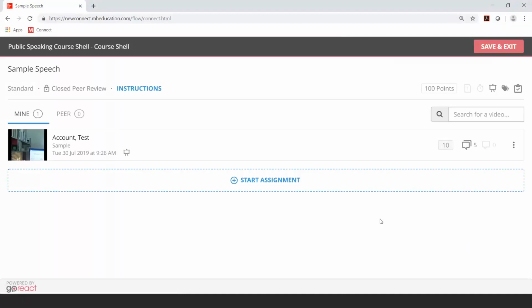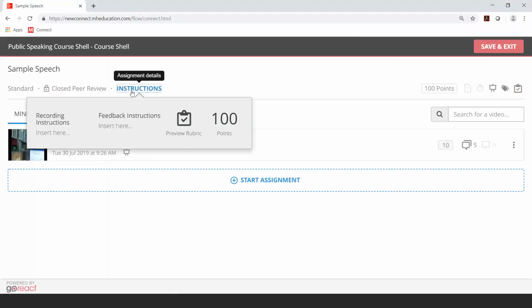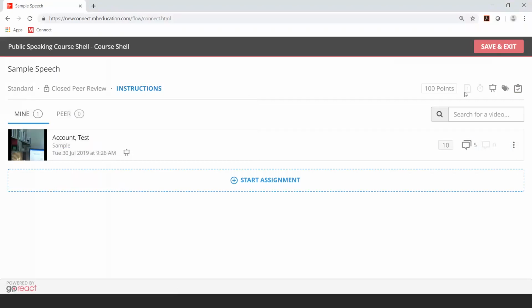This is similar to the instructor view. It will tell them what type of assignment it is, what type of review they will be doing, and then when they click on instructions, it will give them your recording instructions, feedback instructions, as well as an option for them to preview the rubric and how many points the speech is worth. You can also go over here to the right and click on any of these icons to see what's enabled